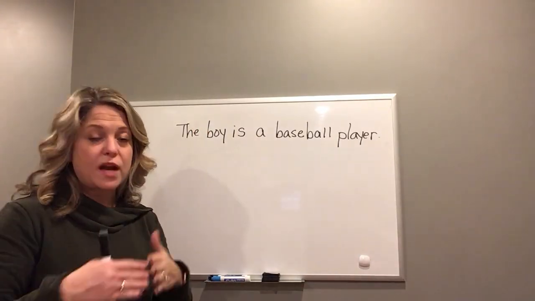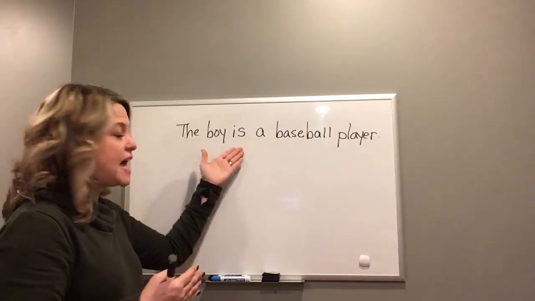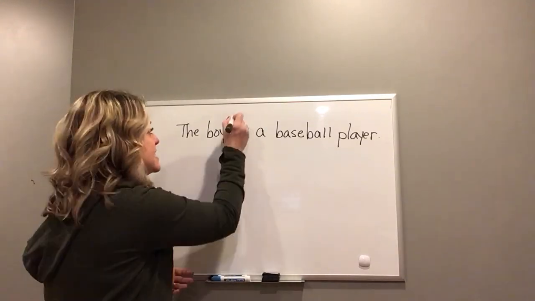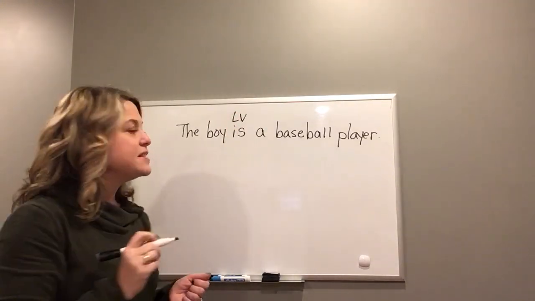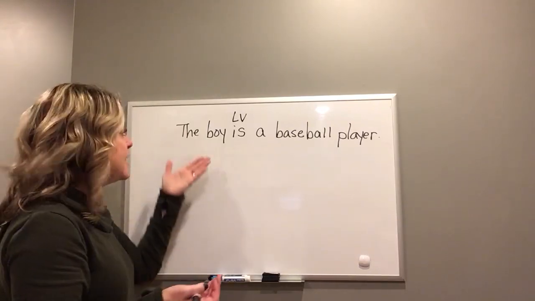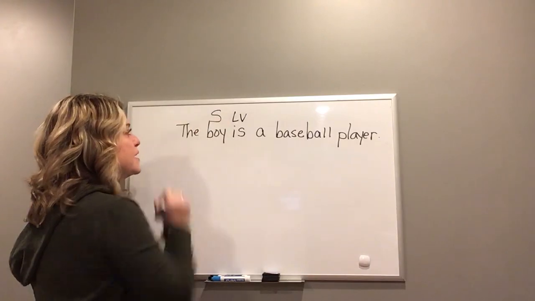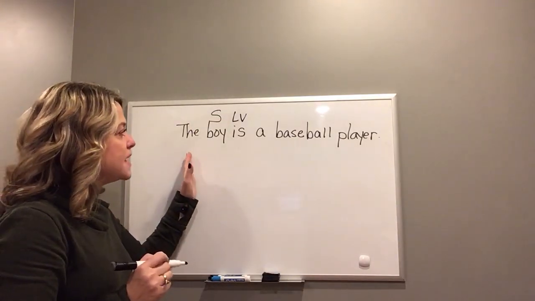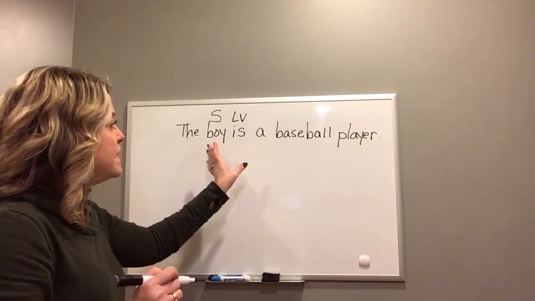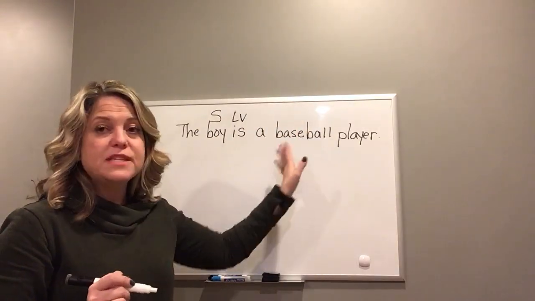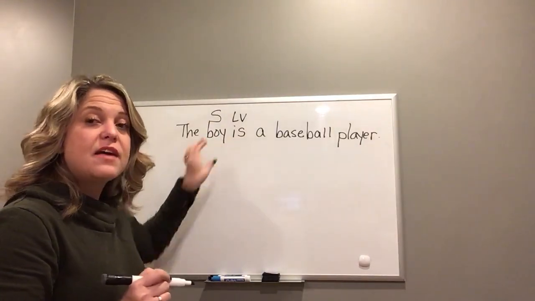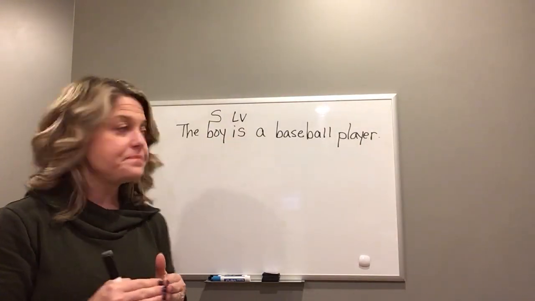And if we said, what kind of verb is it? Is it an action or is it linking? I think you would recognize pretty quickly that "is" is a linking verb. Okay, then we want to find our subject. Who or what is, and that is the boy. Boy is our subject. So now, if you have a linking verb, and then you have a noun that comes after the linking verb that renames our subject, that is called a predicate nominative.